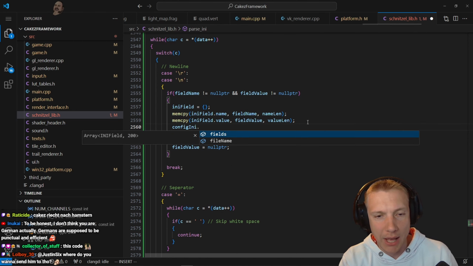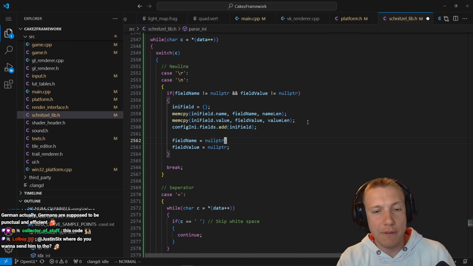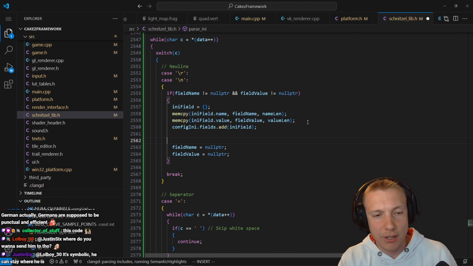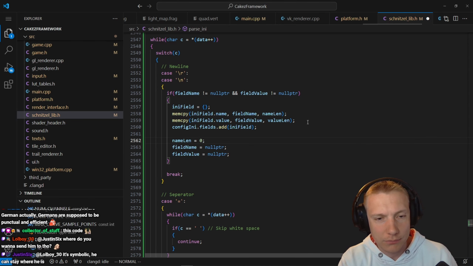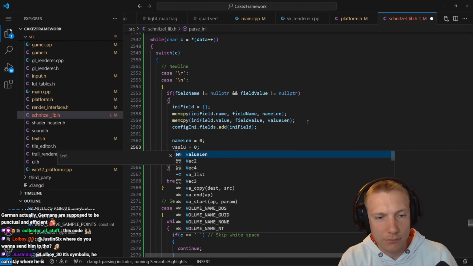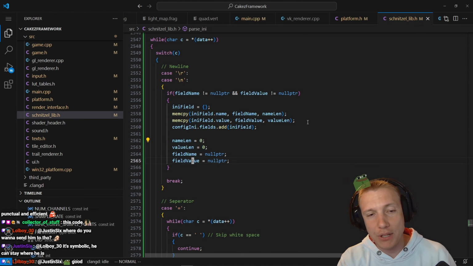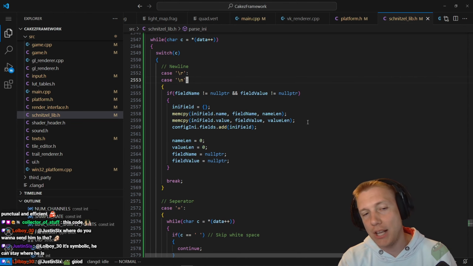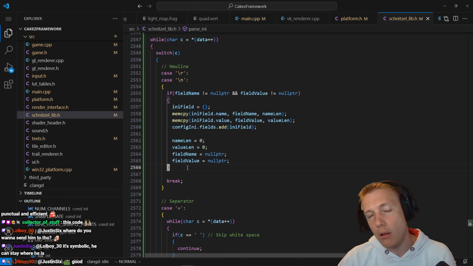Config ini.fields.add ini field, right? We add the field. Now that we have added the fields, we need to reset the values. And now once we have reset the values, we can get to \n, and then all of a sudden, if we error check here, well,